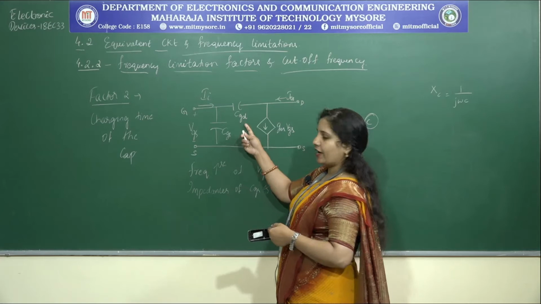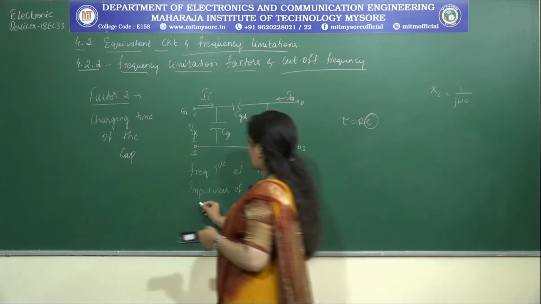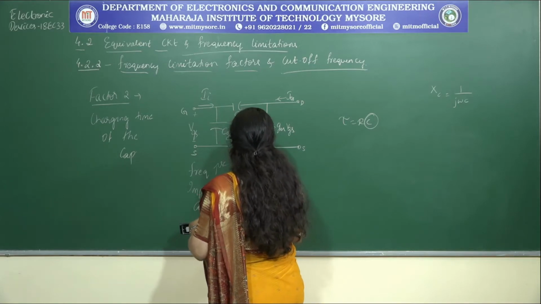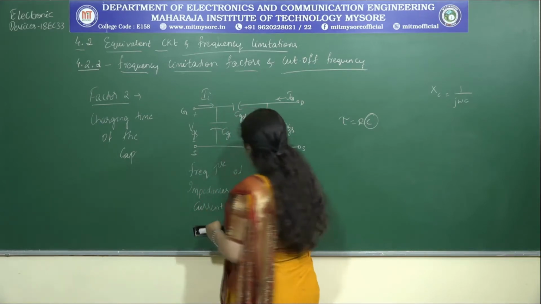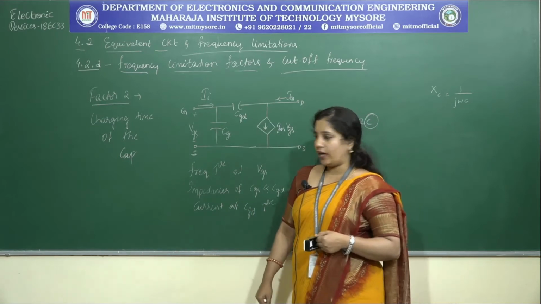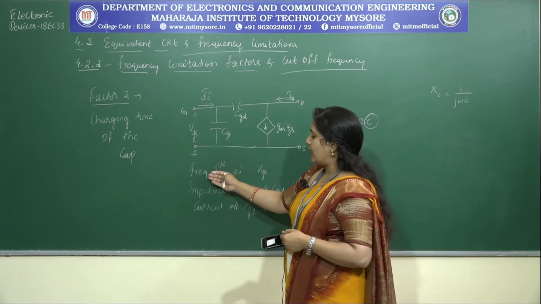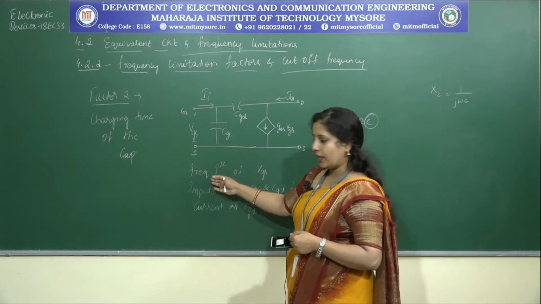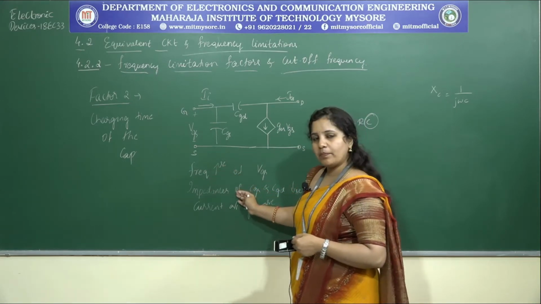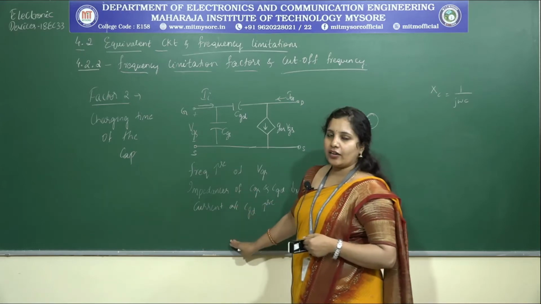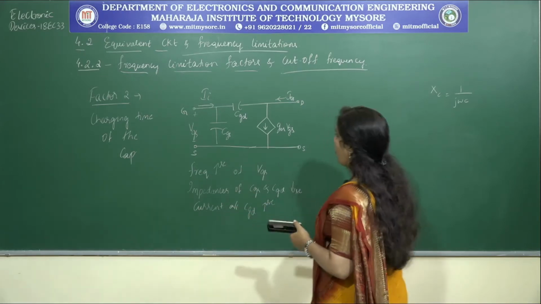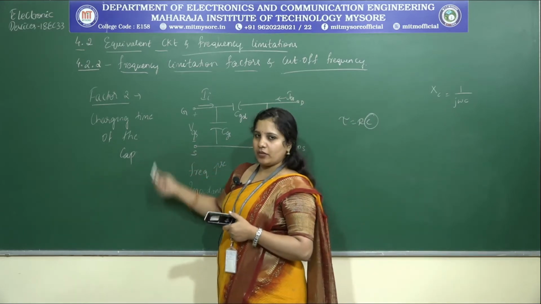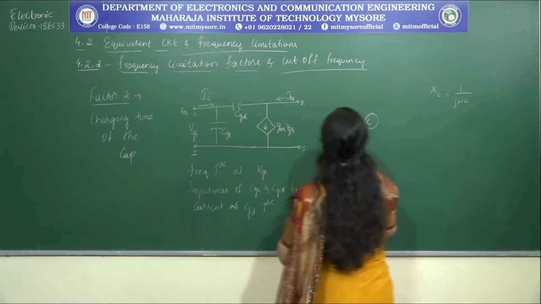Now, what happens to the current which is flowing across CGD? It tends to increase. Therefore, the current across CGD will increase. Done. And this is how you can see that as I increase or decrease the frequency of the input signal, it has a certain impact on the impedances of the capacitances and the current which is flowing in the device. Now, if I consider the capacitor charging time as a limiting factor, then it is very important for us to define a frequency